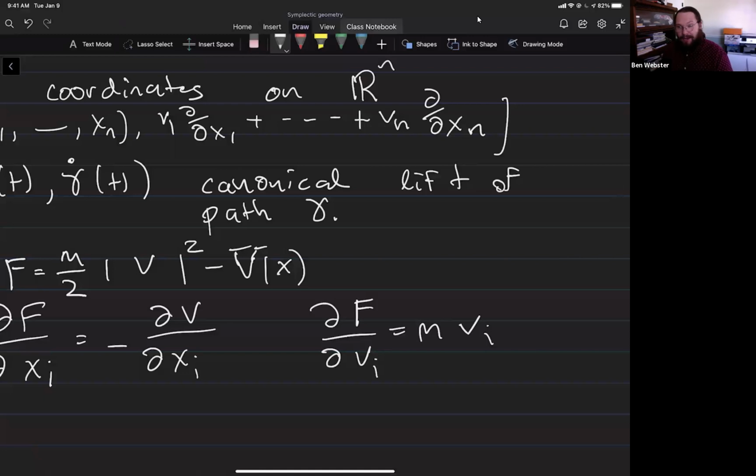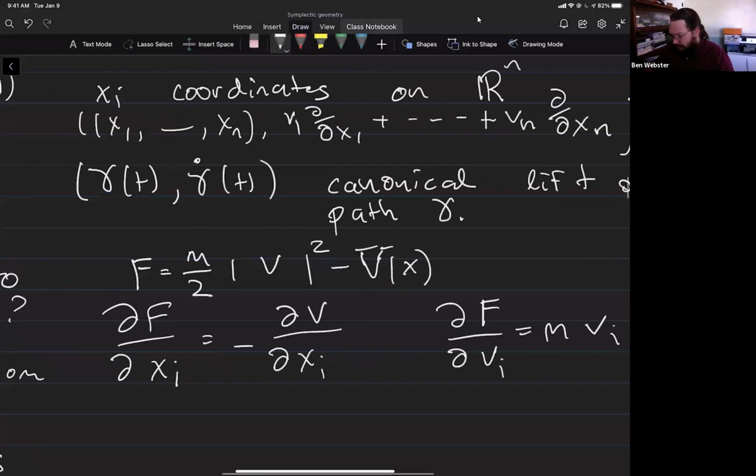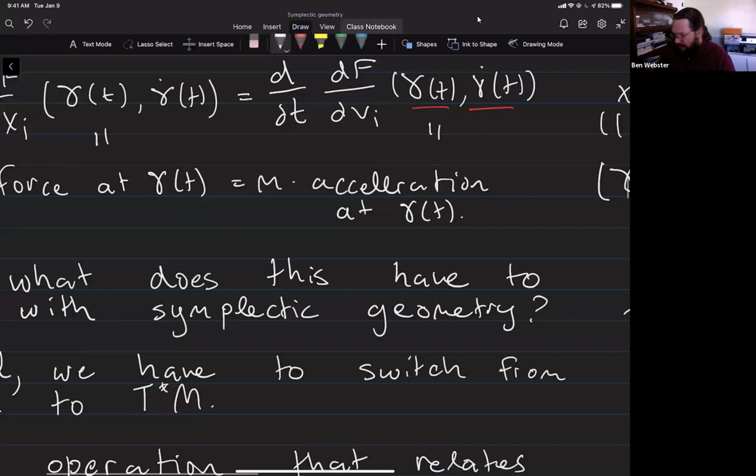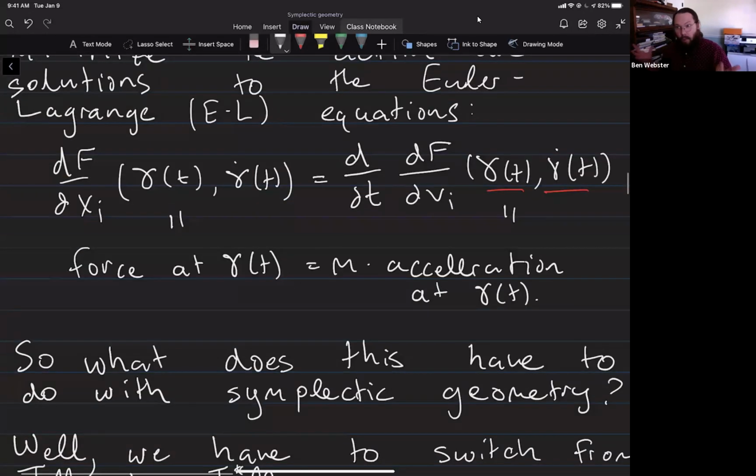So this is getting me a component of the velocity vector. I take the time derivative of it, so I get m times the acceleration. So what this is saying, the left-hand side is the force at that point, and the right-hand side is m times the acceleration, F equals ma, that's Newton's second law. So this is all a long, fancy way of writing F equals ma,